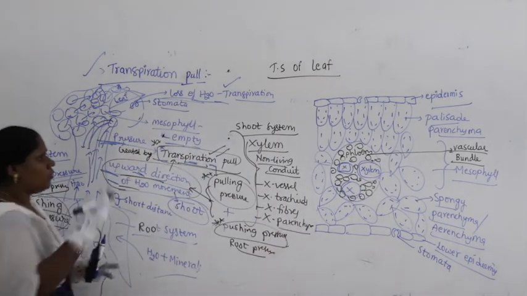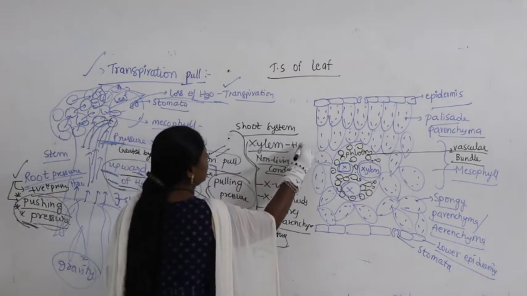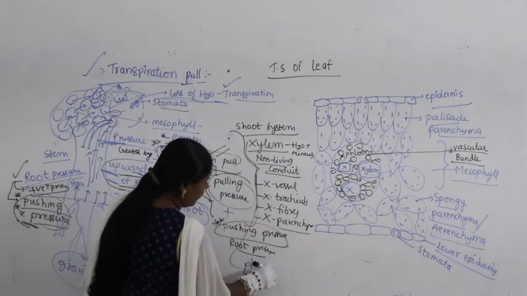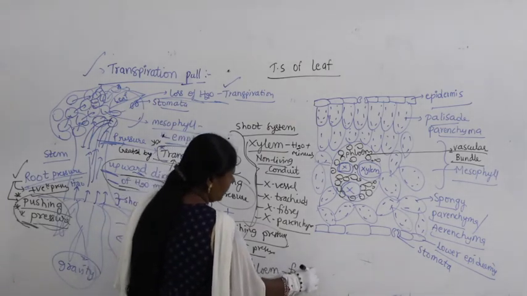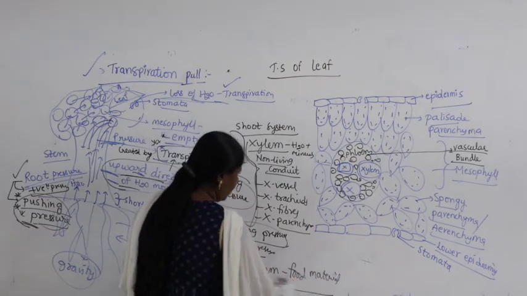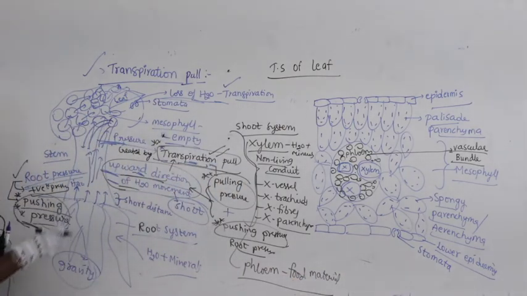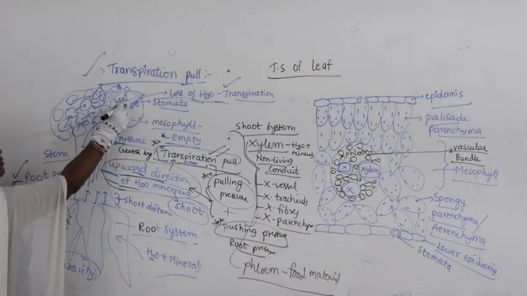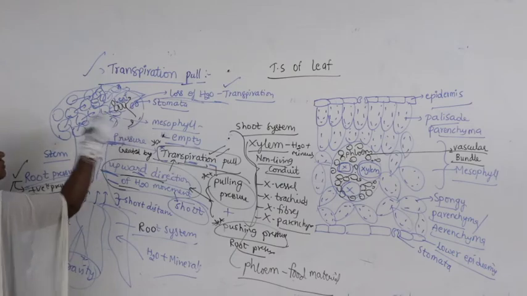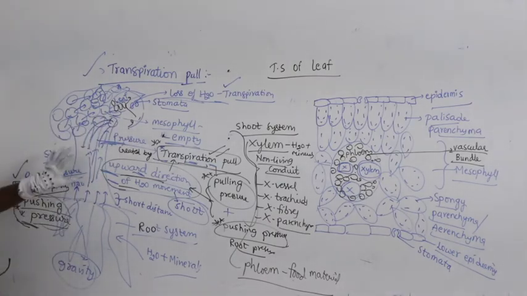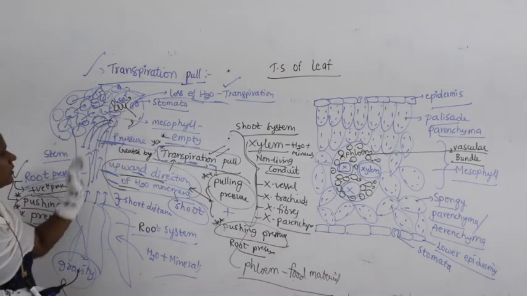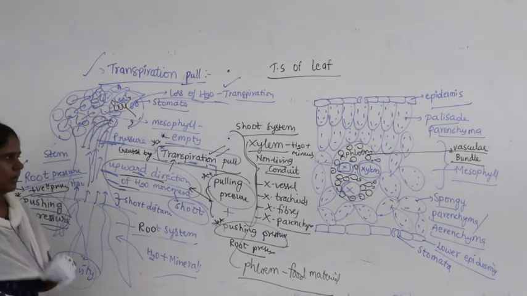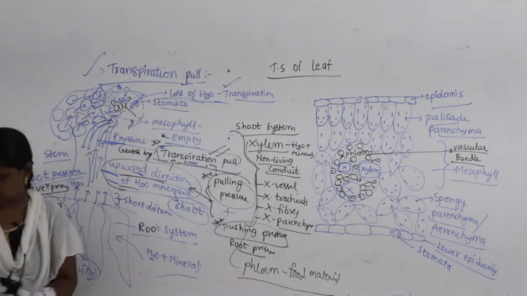Right, and along with the water, as the xylem is carrying water and minerals, even phloem is also carrying what is called food material. We know this. The question comes, how is the water movement happening within the shoot, within the leaf? This is the question. How within the stem or within the leaf is the water movement happening? That is by transpiration pull, right? Let us study now here.